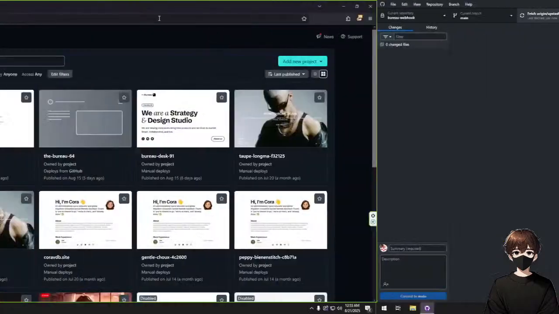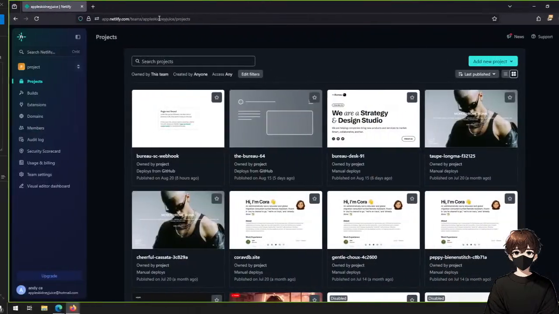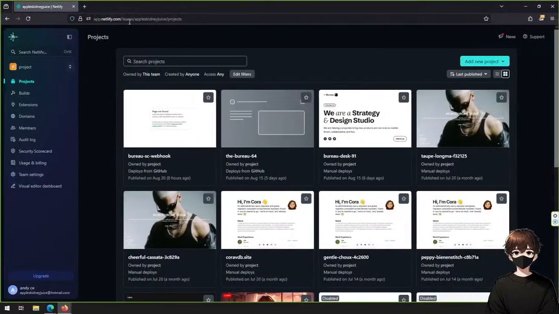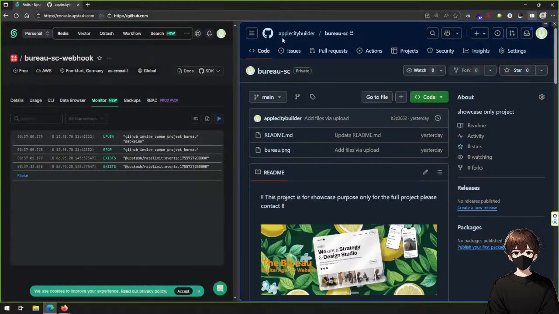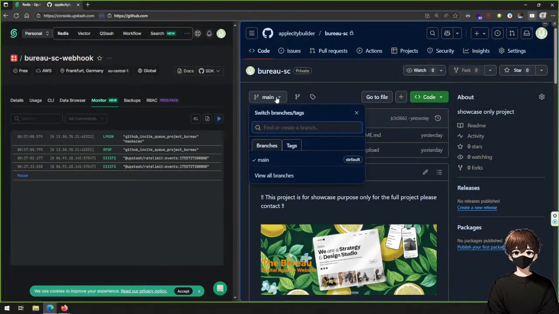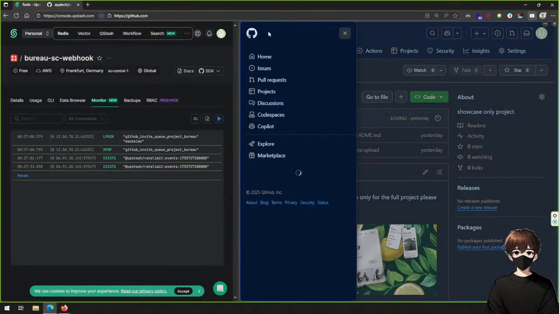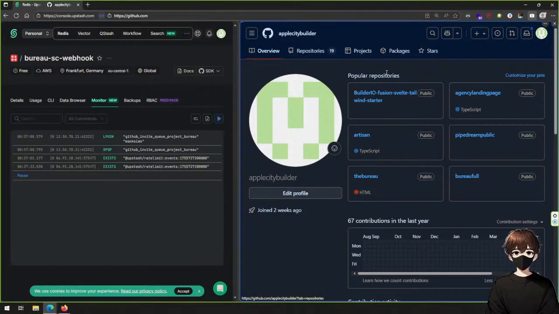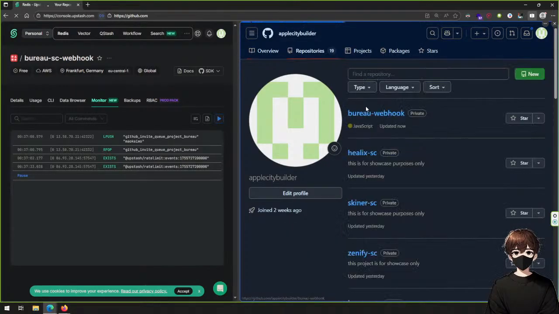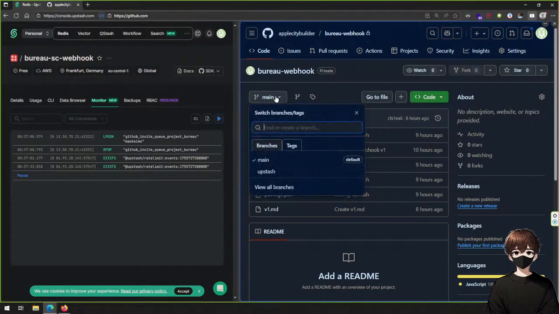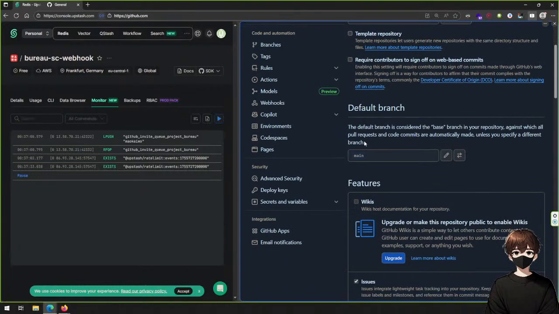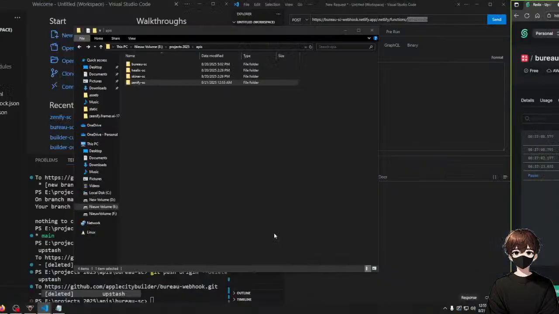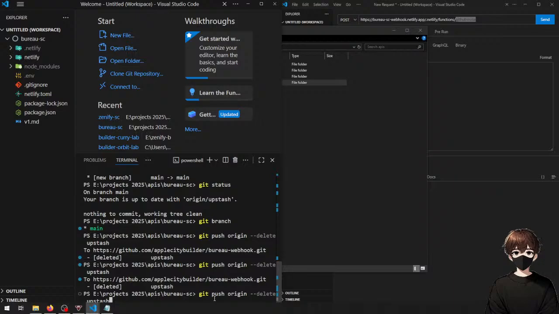Oh, I did the wrong one. That's annoying. Give me a second. What it did probably is create the upstash again, or not? No, it didn't. Oh, this is the wrong one. Give me a second. Let's go to repo. Let's go to the webhook, and it updated just now, and it created the upstash. Okay, we need to delete that again. Give me a second. So first we want to